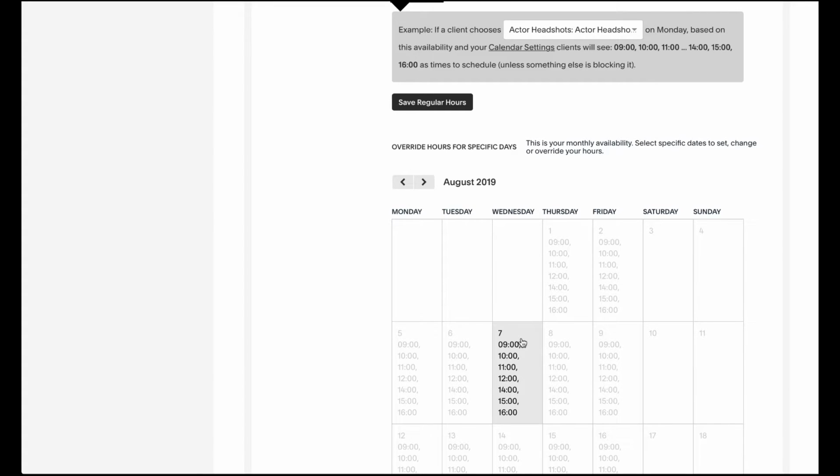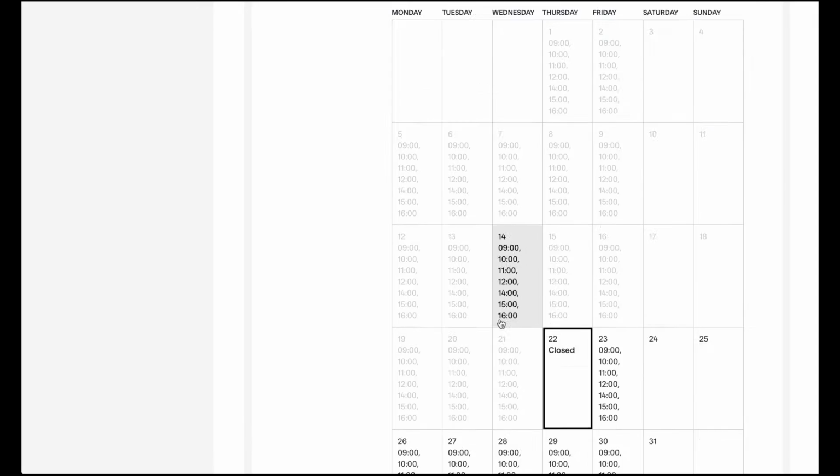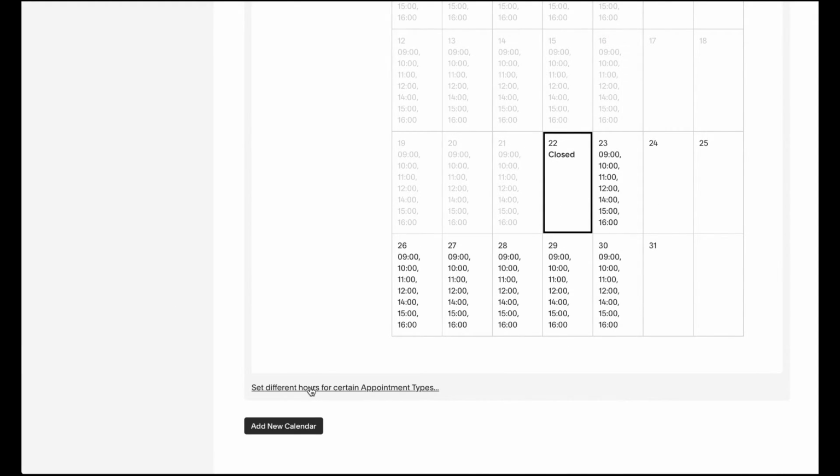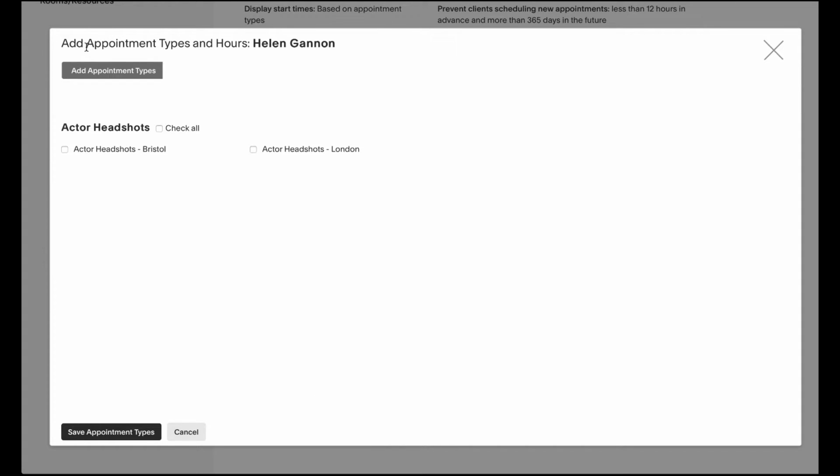However, a way that we use the business is because, as I said before, we have 2 locations and 1 photographer. So we don't want someone booking in for Bristol when Sean, the photographer, is in London. So we want to specify which times are available for which particular services. And you do that by going right to the bottom and clicking on set different times for different services,